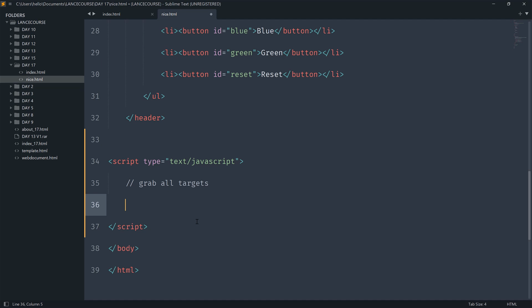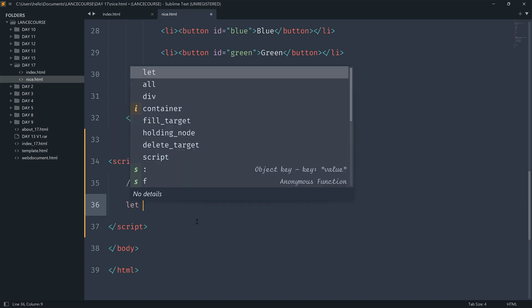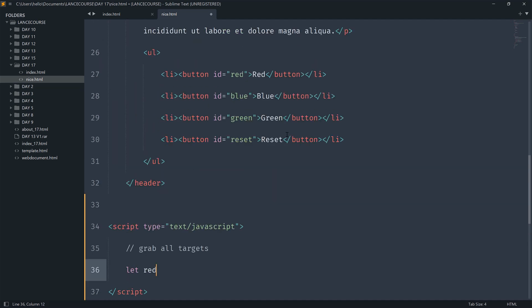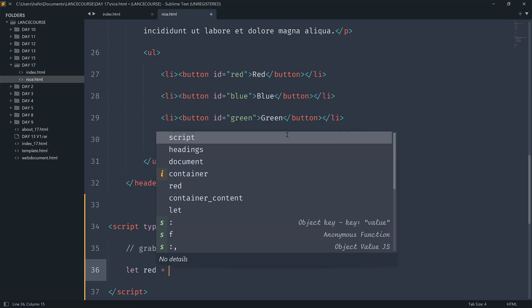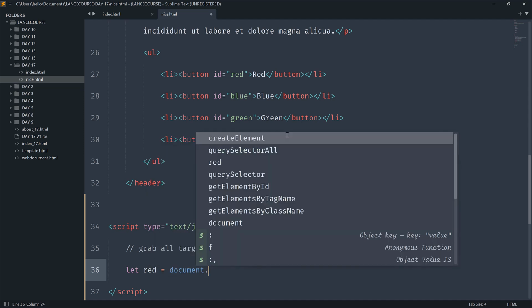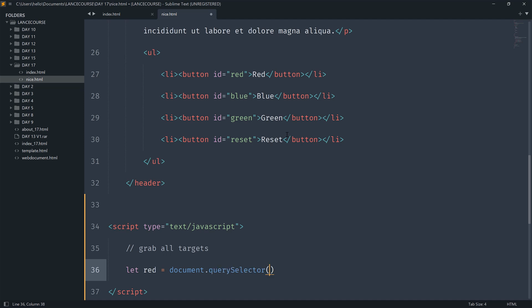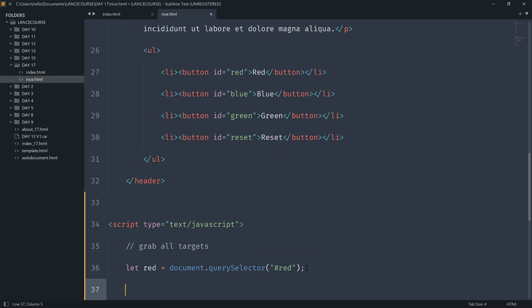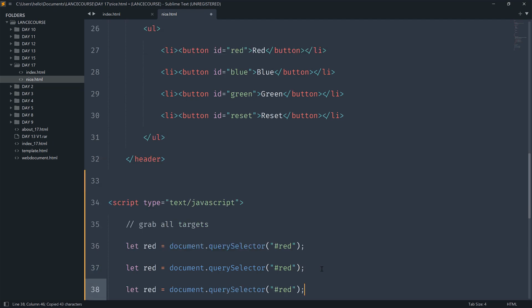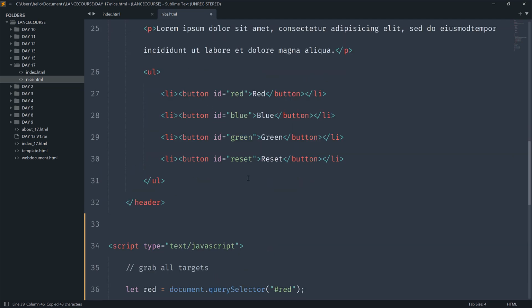Right? So our first target, let's say red. I think that's the name of the button, red. So we'll name it red, and we are going to use document.querySelector. It has an ID, so we just use the hash and bring the ID name, which is red. Once we have that, we can replicate this same code 4 times, and all we have